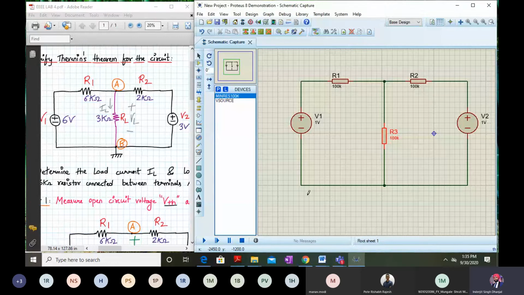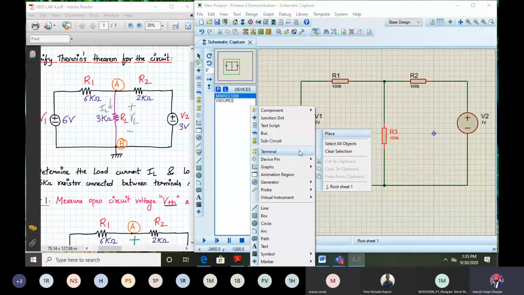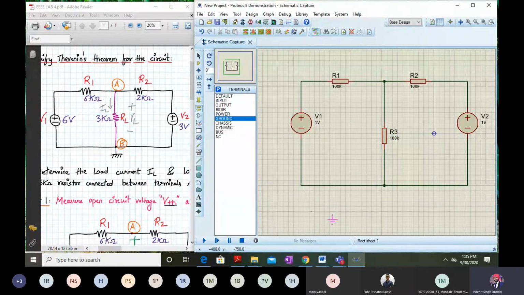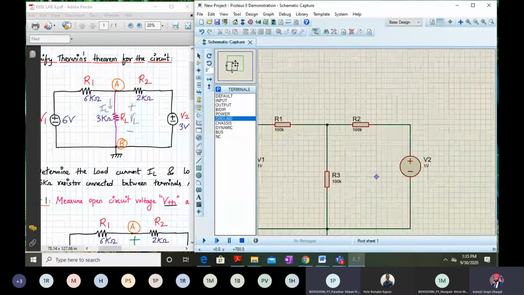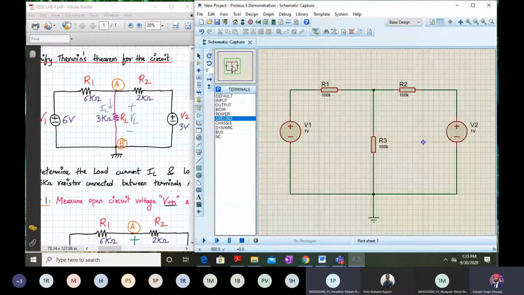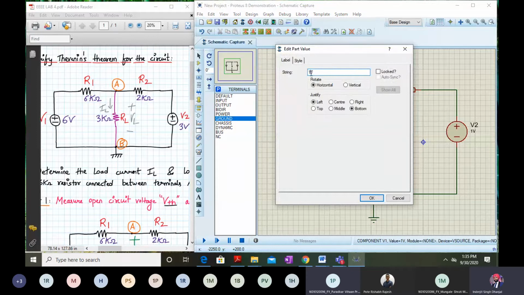required. So I'll right click onto the window and place, go to place, terminals, and here you select the ground. Okay. So this ground like symbol will come, you place it onto your schematic. And I place it like this. Okay. So now I want to change this voltage source value to around 6 volts. So I'll double click over here.